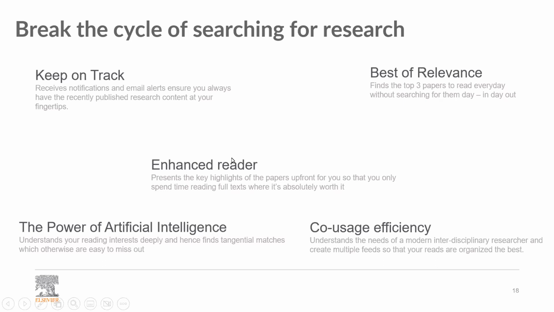So that's exactly what is called the enhanced reader. I need to go to a reference in the introduction. I don't need to go to the last section in the paper to see where that reference is and what the name of that reference is. It's only one click on the reference during my reading of the introduction, for example. So that's what is called the enhanced reader. It enables me to go to any section of the paper with just one click.